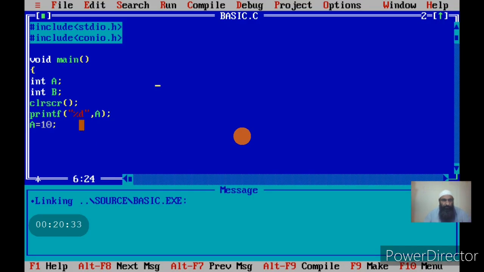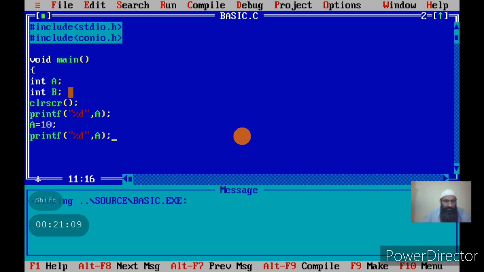So now I have assigned the value 10 in this variable, and I will write another printf statement. I will print the value of A. Note it now.